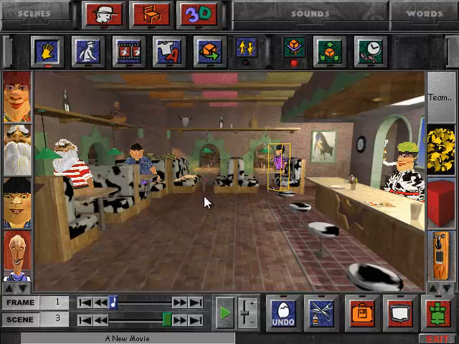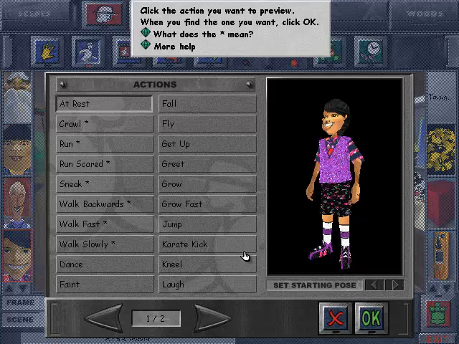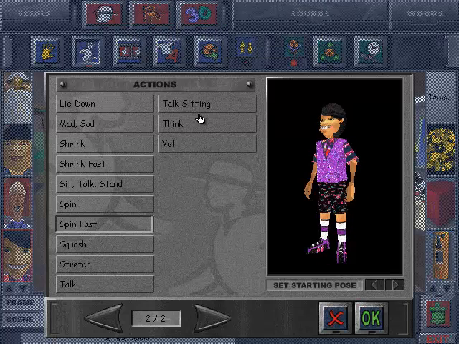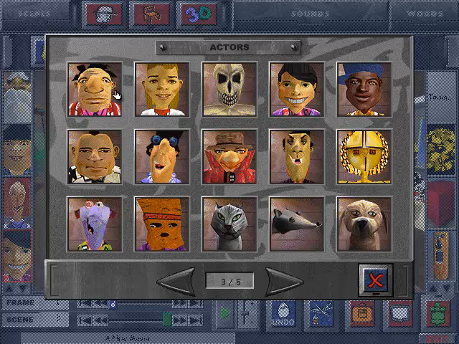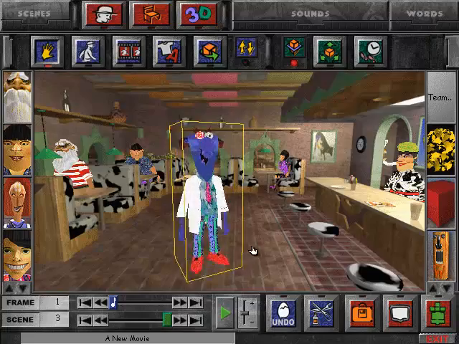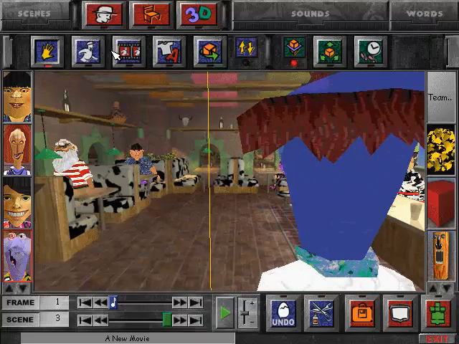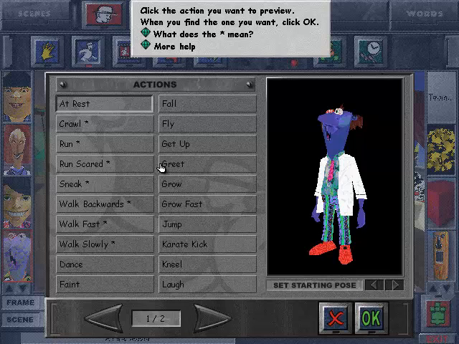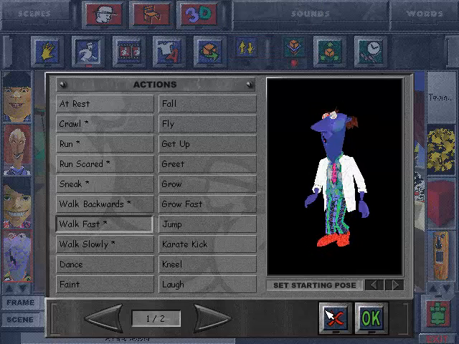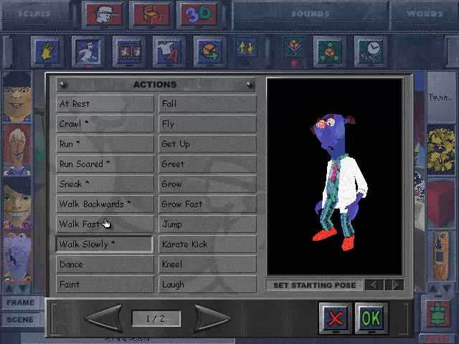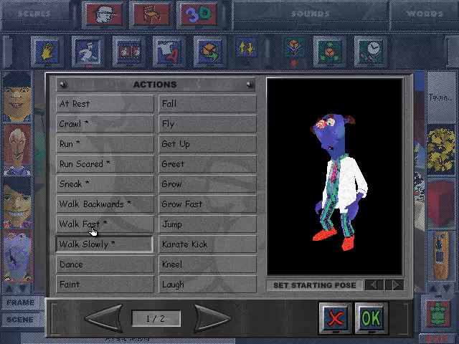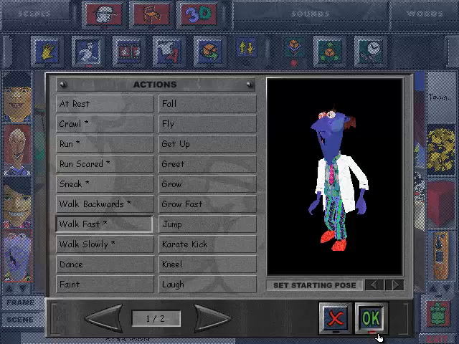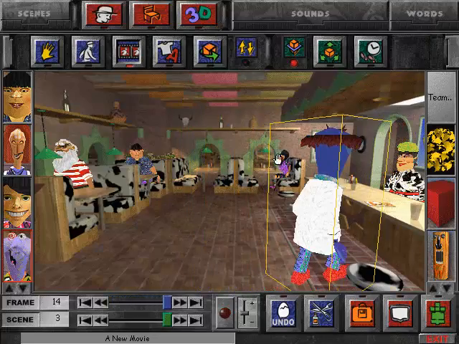And of course, as this guy is sitting over here, we're going to notice. So let's go to here. Sit talking. And now he's sitting. Right. Now for the scene to actually happen. Let's have a mad scientist. Yeah. And walks slowly. He just looks downright miserable. Like, oh, what am I doing with my life? Oh, is this really where everything's gone? Anyway, the scientist guy, and he walks into a bar,